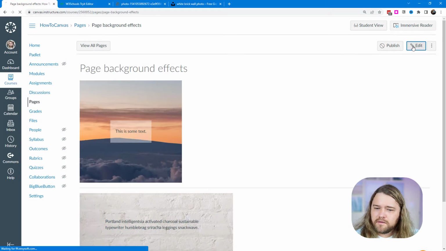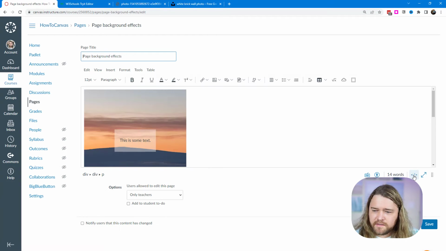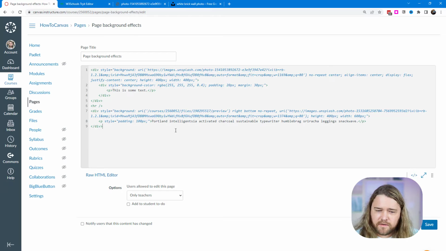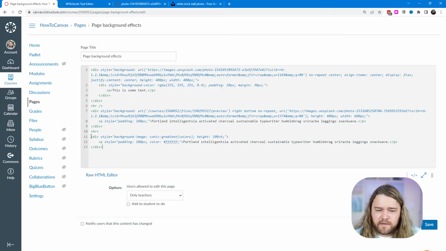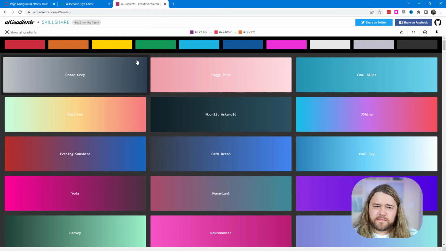Let's take a look at some gradients. I've talked about gradients in the past, and I have some other things to share with you. So let's start a new interaction. Here's some code that I'm starting with. I have, again, a div, and then we're going to do a background image, but this time we're going to do a conic gradient with colors and 100 viewport height, which will just give me 100% of the height of the screen. To get colors, I'm going to hop over to this website that I found called uigradients.com,